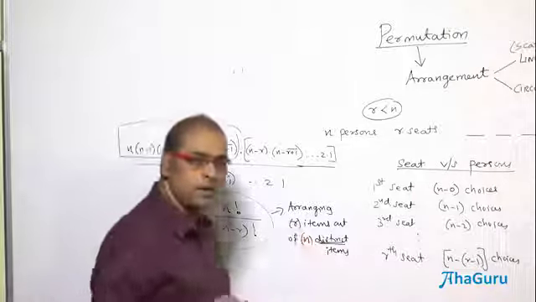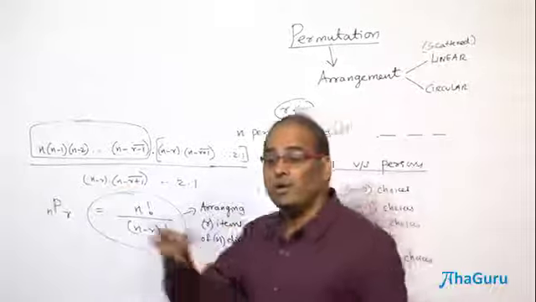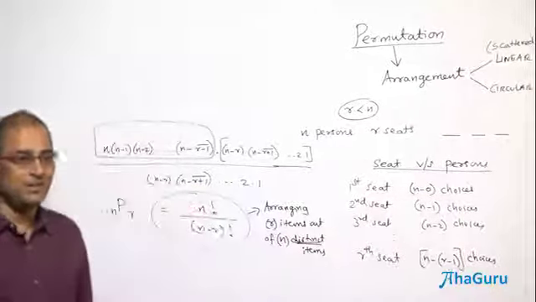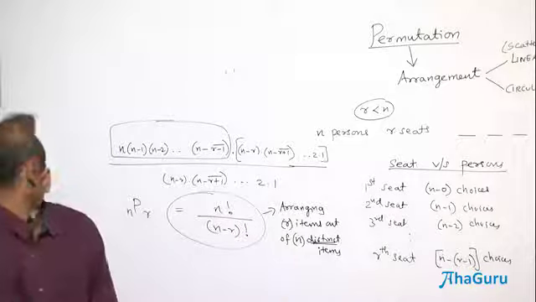Why? Because when you say persons, automatically they are distinct. But we may be using digits, where the same digit may be used in some other place. So there we can't use that arrangement and all. So this formula will not work. So nPr, this formula works only for arrangement of r items out of n distinct items. When you say r items out of n distinct, these are also distinct.